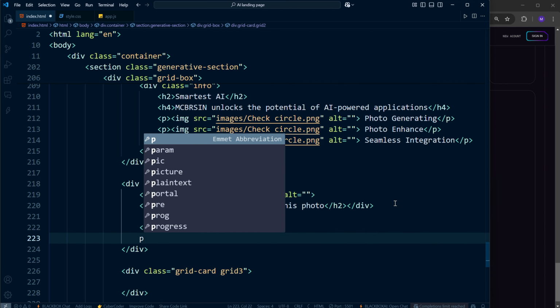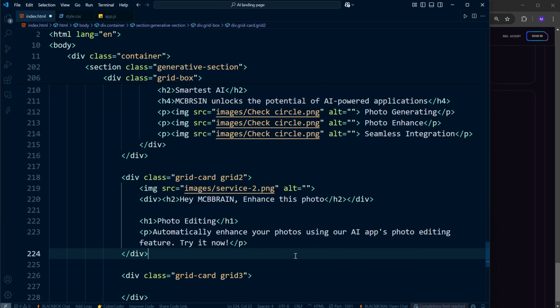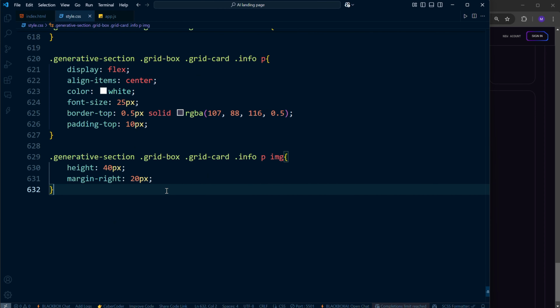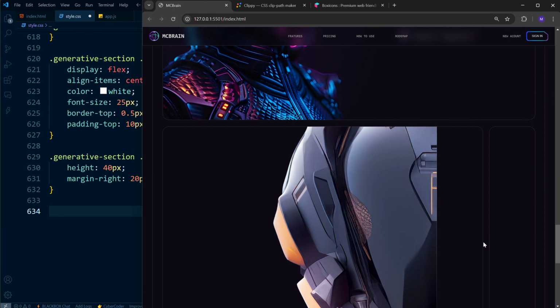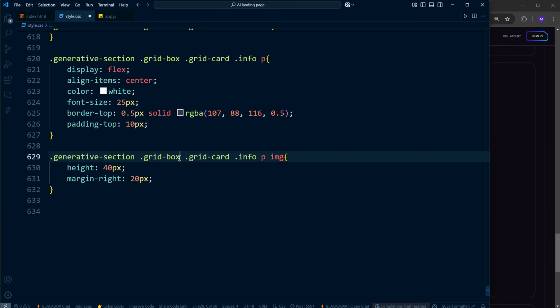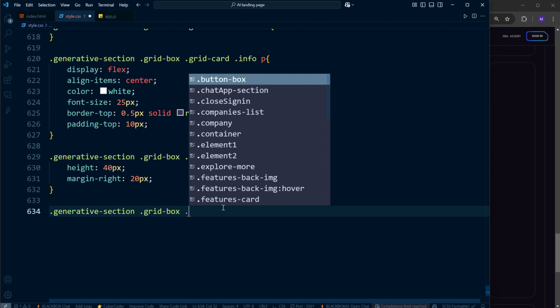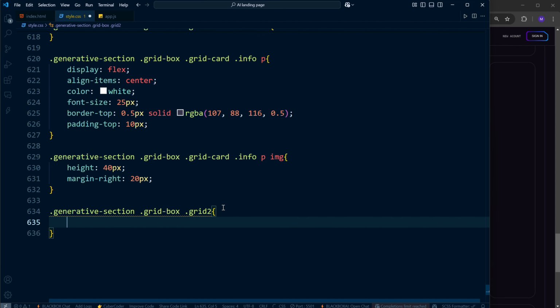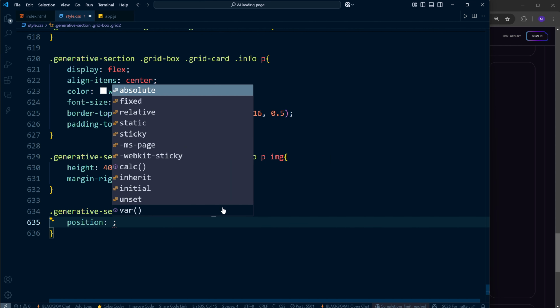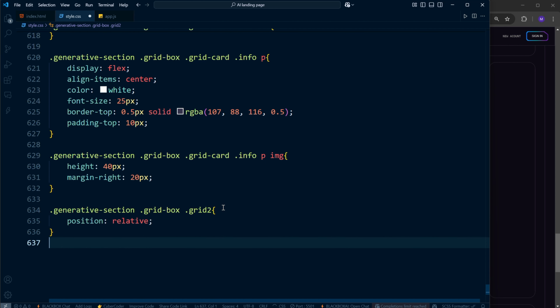Lastly, add a paragraph to provide additional descriptive text about the tool's capabilities. With the HTML structure in place, let's move on to the CSS styling to ensure this card has a sleek and modern look. First, target the Grid 2 class and set its position to relative, allowing us to absolutely position